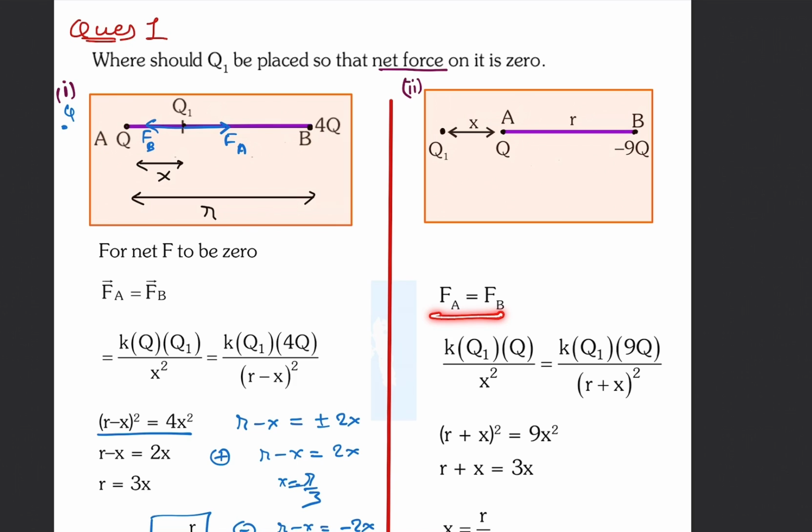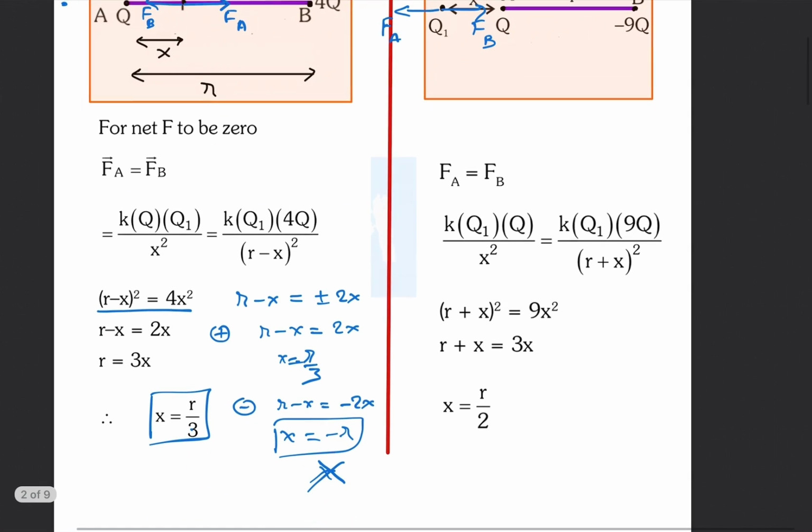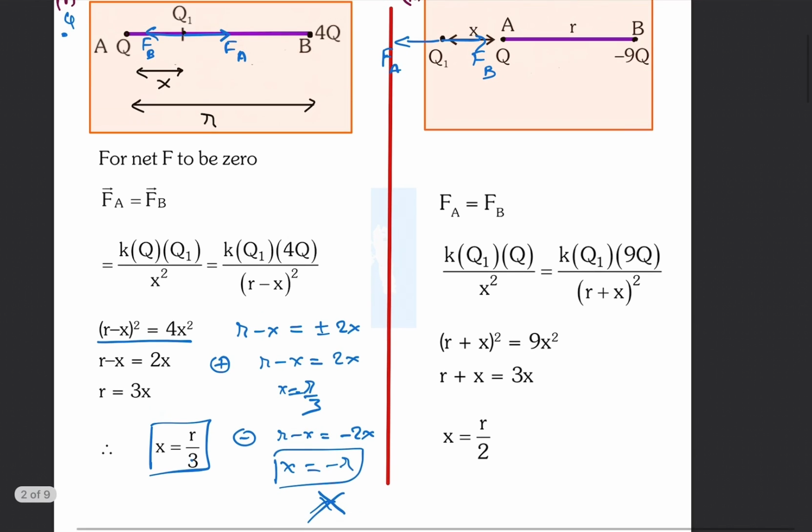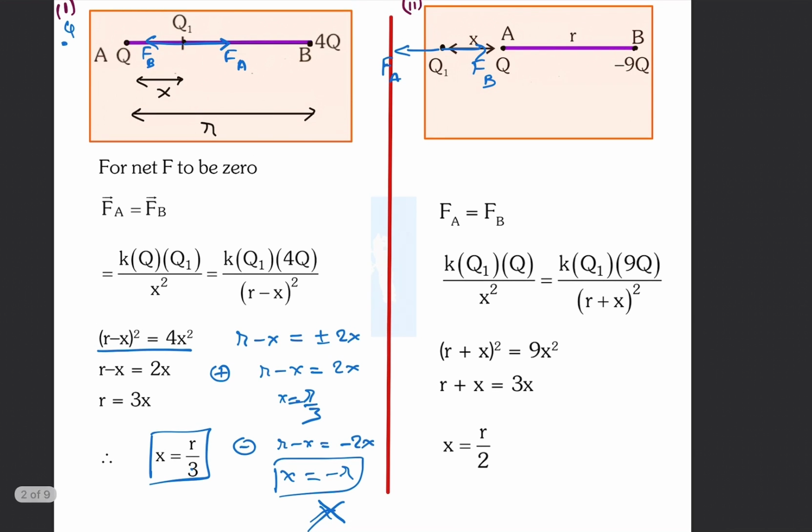Now for net force to be zero, here also I will write that force fa is here, and force due to b will be towards right, and net force has to be zero. Obviously we will solve it again and you will get the answer, x is equal to r by 2. Here also we must have got this step, and we have eliminated one of the solutions by similar reasoning. Okay, now you must have solved this problem, and